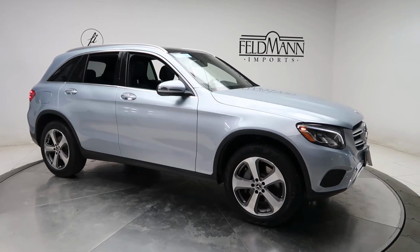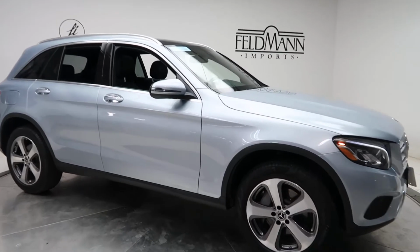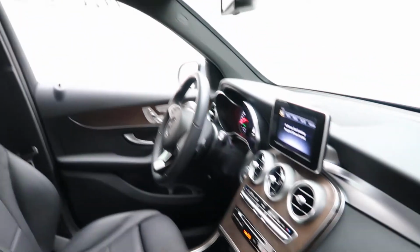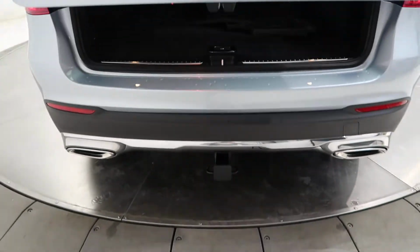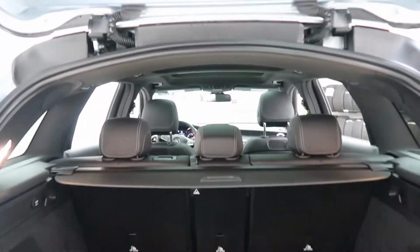This one has 19-inch 5-spoke wheels, front and rear LED daytime running lights, black MB Tex interior with a brown ash wood trim, panorama sunroof, GLC 300 4MATIC badging, power liftgate, trailer hitch, set of all-season floor mats, fold-down rear seats, cargo cover,